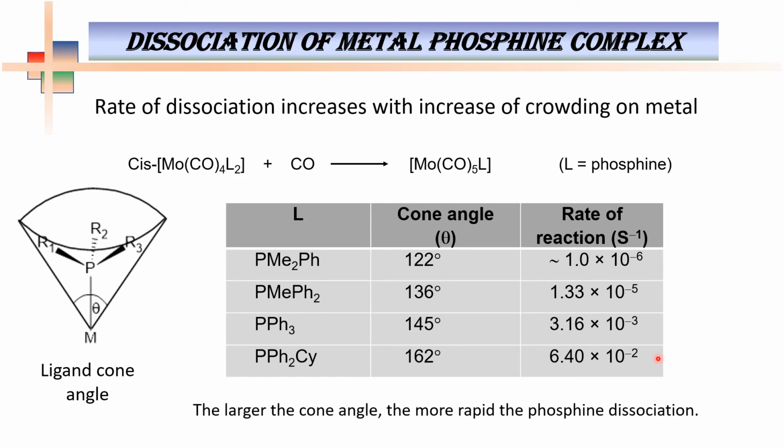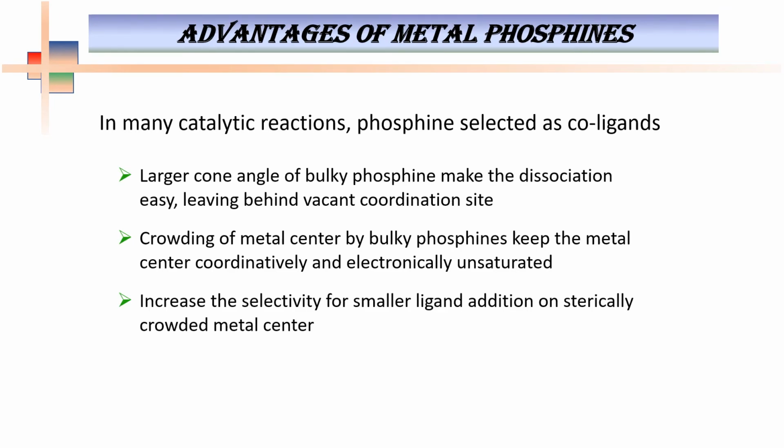And obviously, as expected, what we'll find is that the rate of the reaction increases with the increase of bulkiness or cone angle. And you find that the bulkiest one in this example shows almost a fourth order increase in its substitution reaction. That means the phosphine is lost very fast in the case of the bulky one. And phosphine dissociation is sometimes a very major or important step involved in many catalytic reactions. Now, if I just briefly look at the